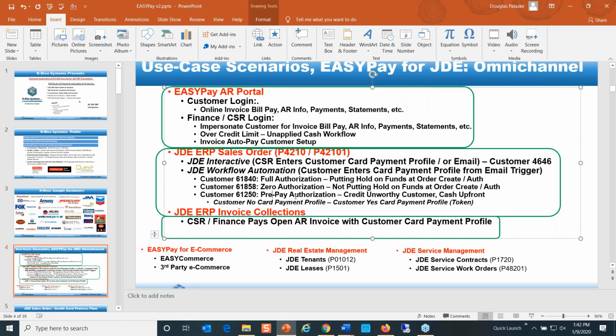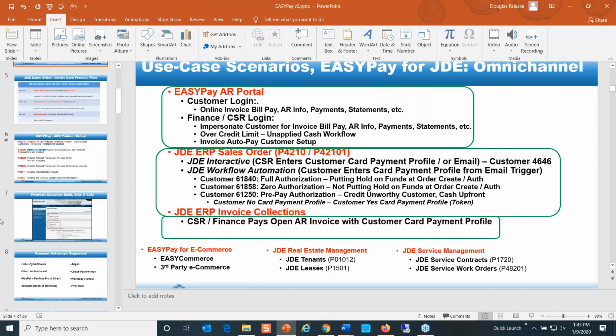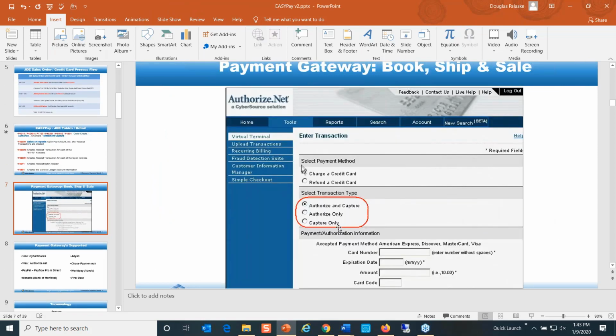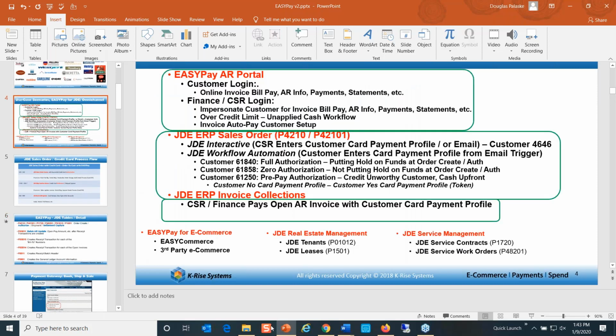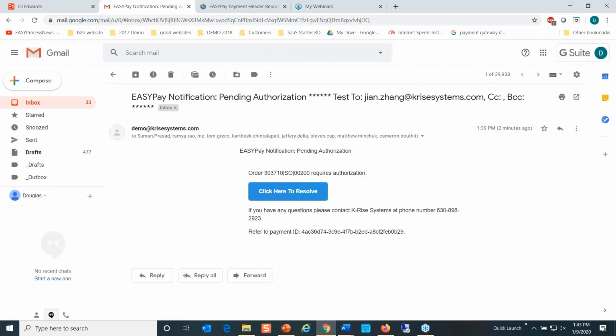Now let's talk about prepay, and this is the last one here. And prepay gets into, say, credit unworthiness. There's a lot of different reasons for prepay. And the definition of prepay, if you look back at this slide here, it's authorization and capture. It's doing an upfront sale. And how do we handle that? And if I was to come back here, and I'll go back to JD Edwards,